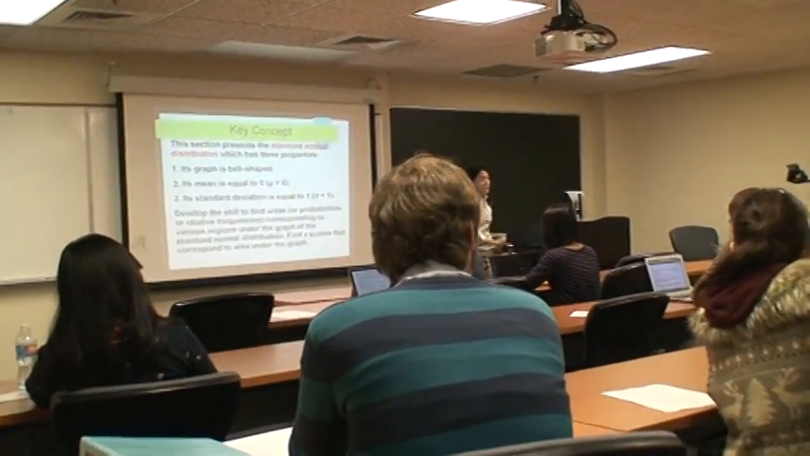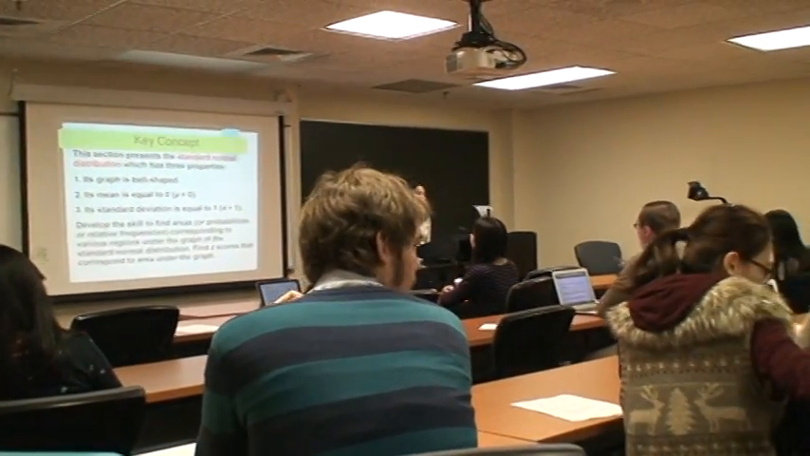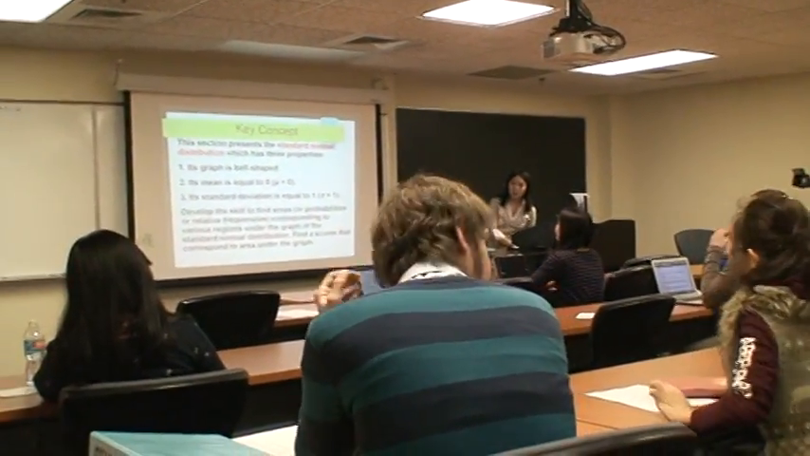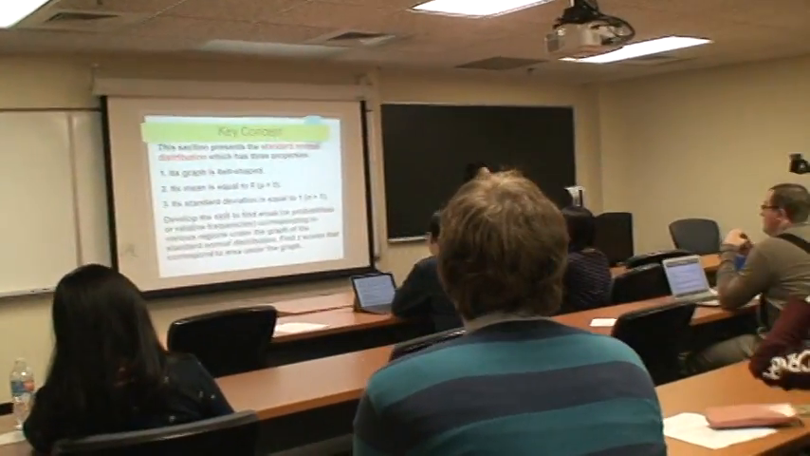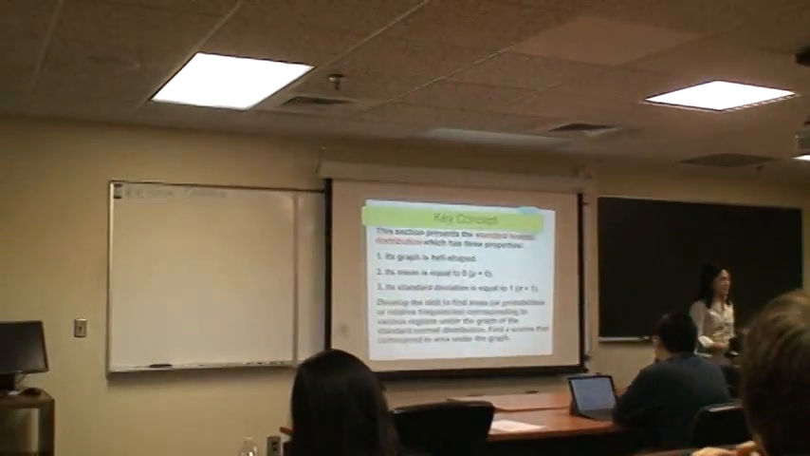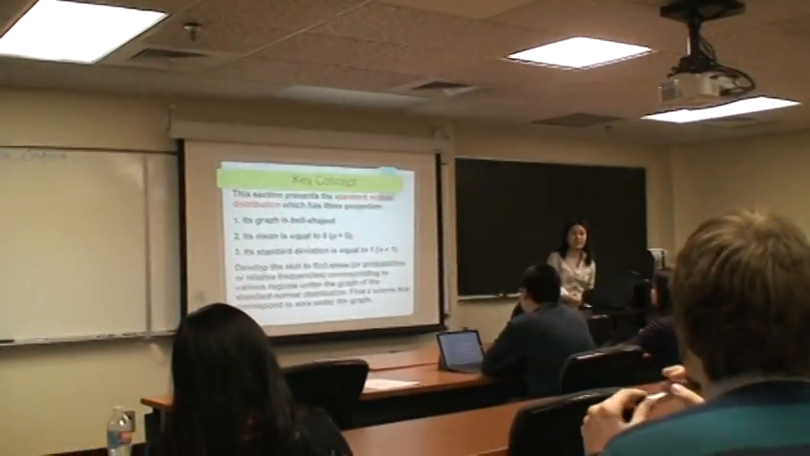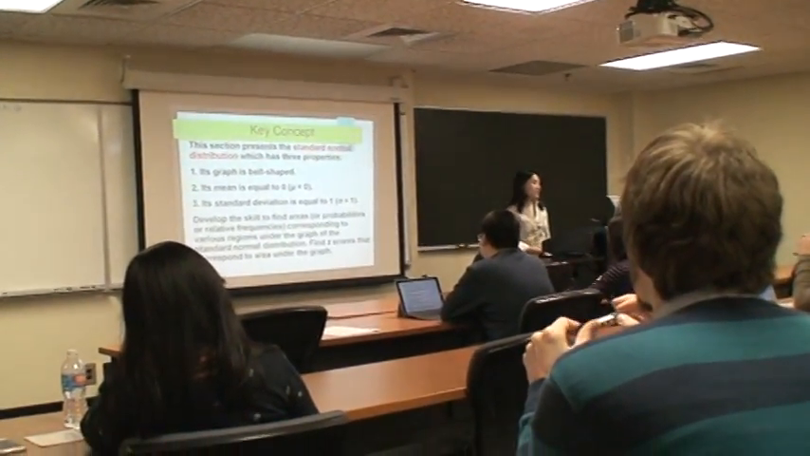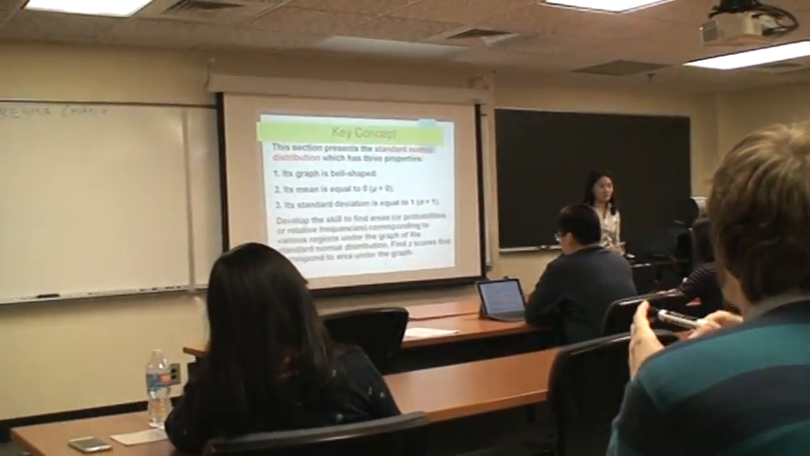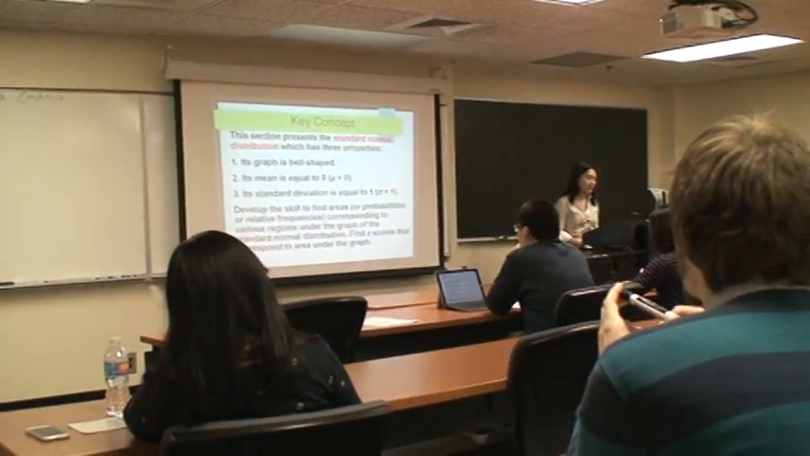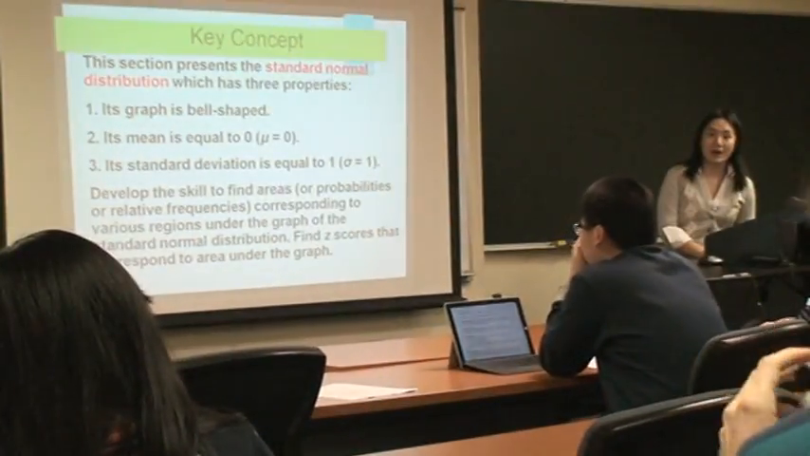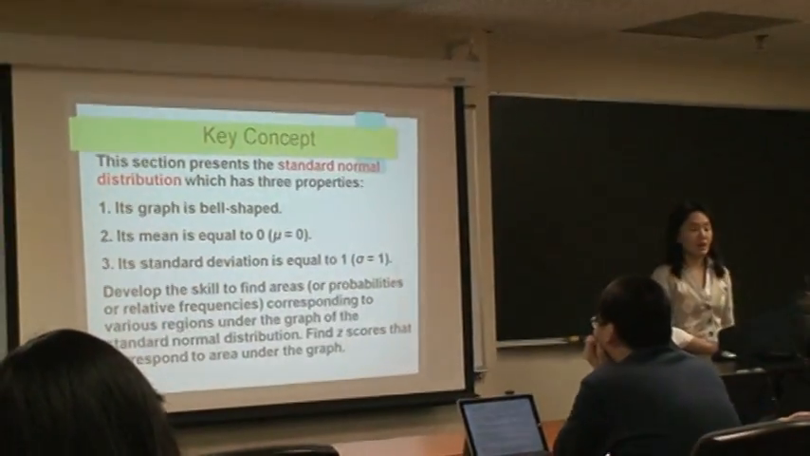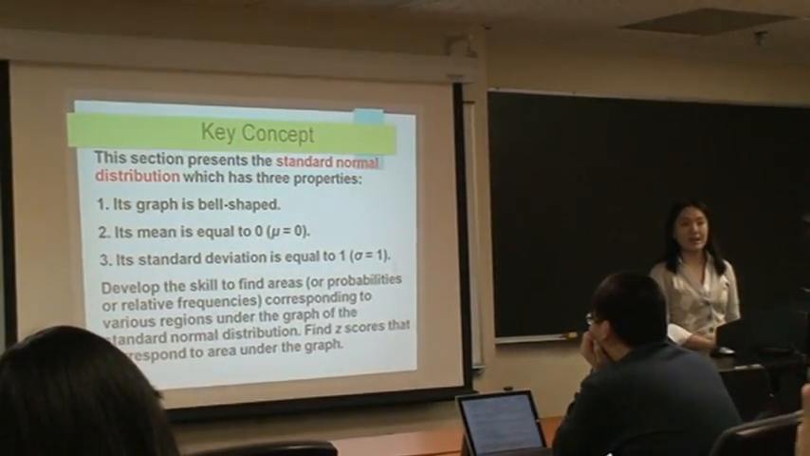So the key concept we want to learn for today's class is the standard normal distribution and its properties: that the graph is a bell-shaped curve, that the mean is 0, so we say mu equals 0, and the standard deviation is equal to 1, where the standard deviation is sigma. And also we want to figure out how to find these values, what a z-score is, and how it corresponds